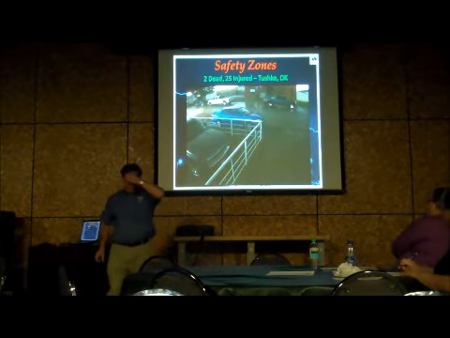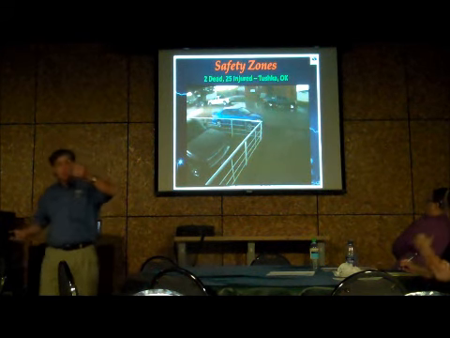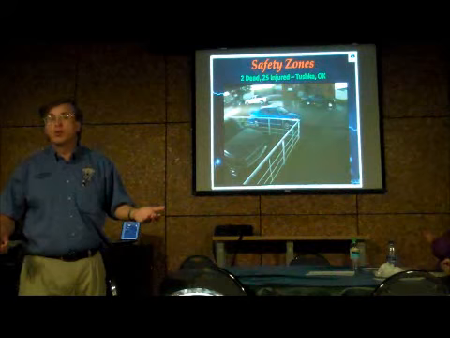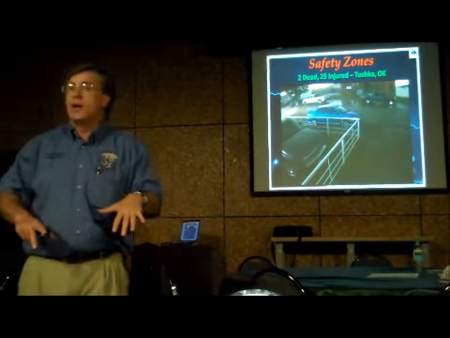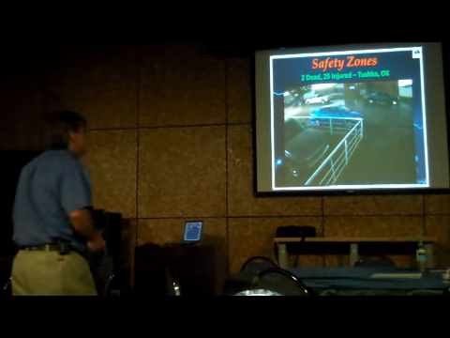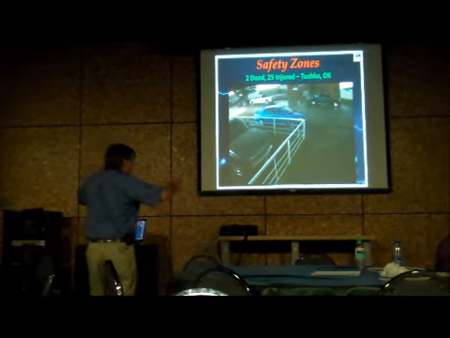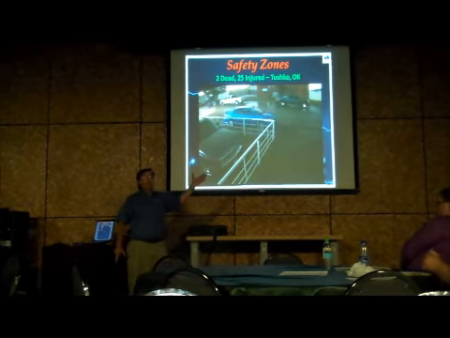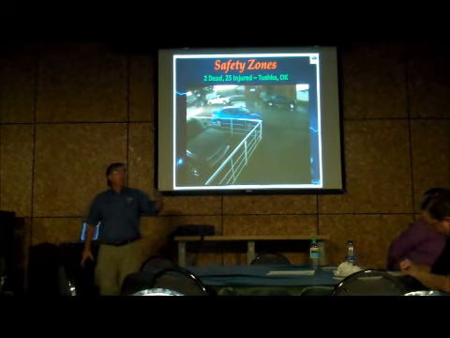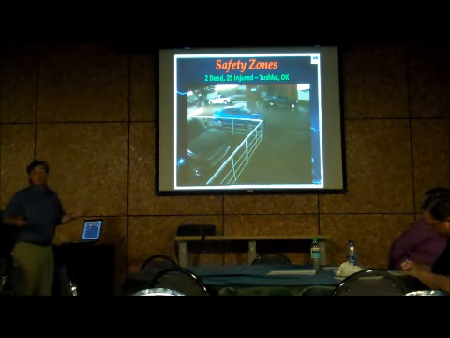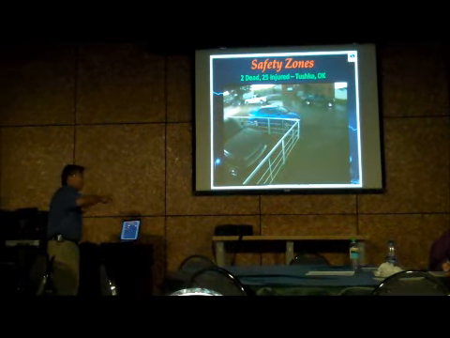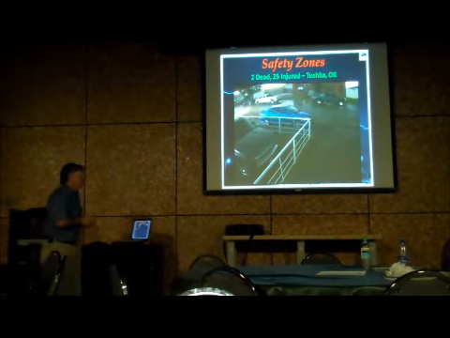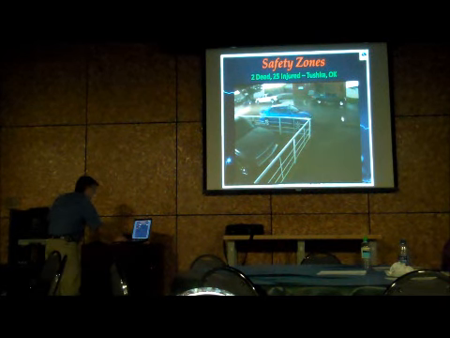Safety zones. Okay, well, safety zones can be pretty simple. If we're at work, if we're at home, we know the best place to be when a tornado threatens is inside and underground. Not always going to be inside when these things strike. Or even if you are, maybe you live in mobile homes or something like that. Someplace that you know you've got to abandon. You don't want to try and ride it out. Manufactured housing of any kind doesn't stand up very well to tornadoes. So you decided, okay, I'm going to go someplace else to shelter. Well, wherever that is, just make sure you're not waiting too long to get there.